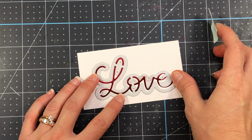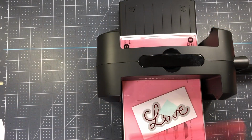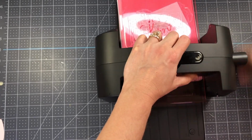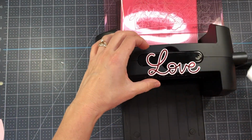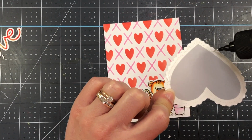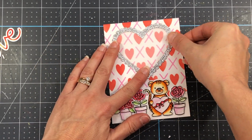I will use the love shadow and die cut that out of my cardstock. So I'll go ahead and run that through my die cutting machine. And remember, if you don't have a hot foil system, you can always use the large love shadow and die cut it out of red cardstock, or you can use the word love that comes with the heart shaker that